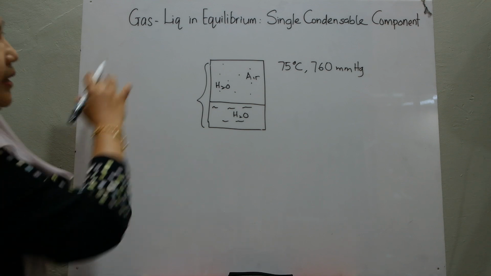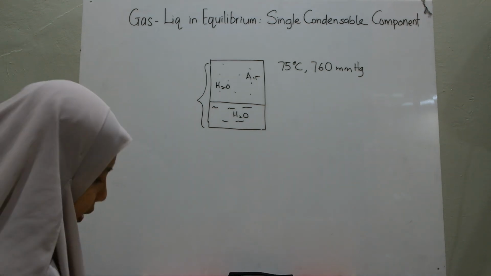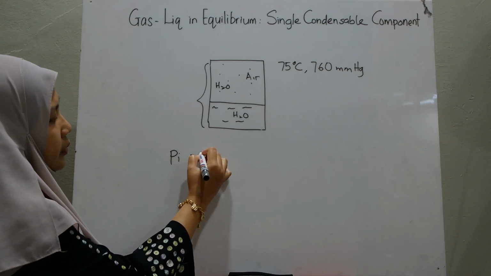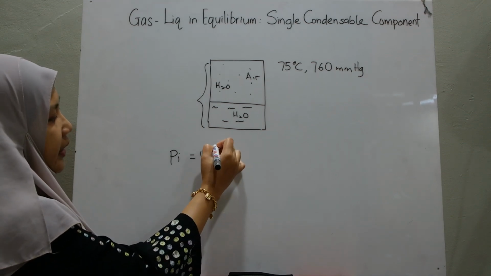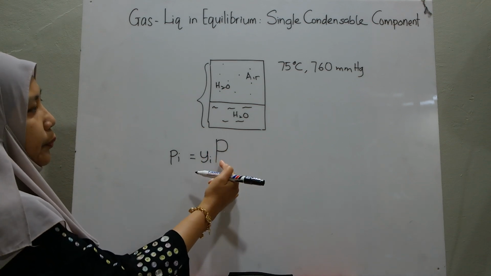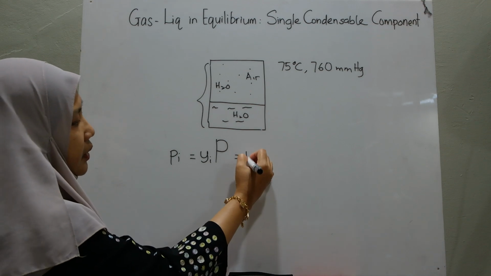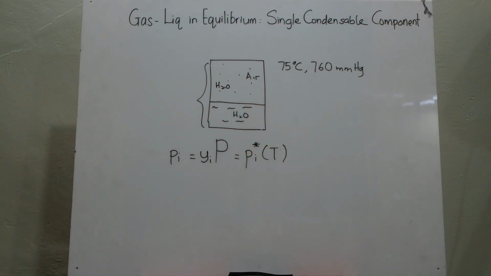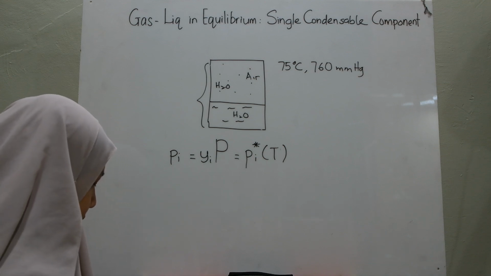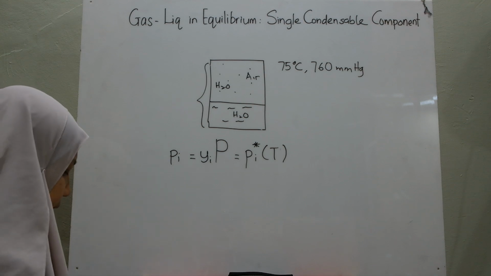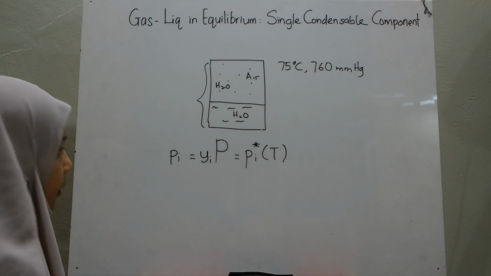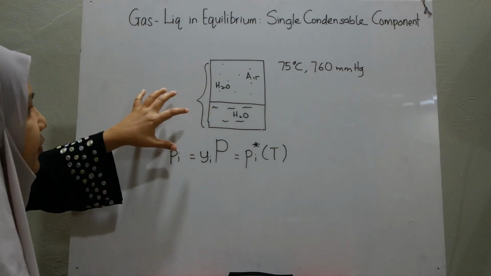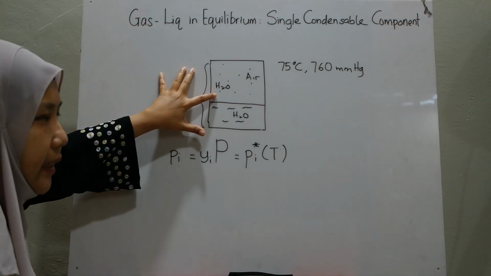An important thing that we have to understand in this concept is Raoult's law, where Raoult's law is given by this: partial pressure of the component equals the mole fraction of that component in the gas phase times the absolute pressure of the system, which equals the vapor pressure of that component at temperature T. Raoult's law says, if a gas at the temperature T and P contains saturated vapor, in our case the saturated vapor is water vapor,